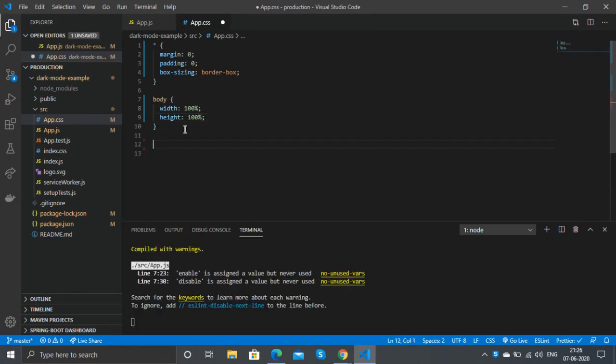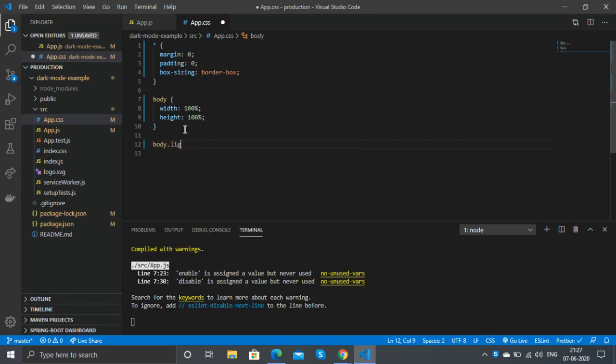For the use-dark-mode library, it needs a default element to which it adds the light or dark mode. So the library defaults to using body as the default element, and the default class names for light and dark mode are body.light-mode and body.dark-mode. So we'll add those classes to this.